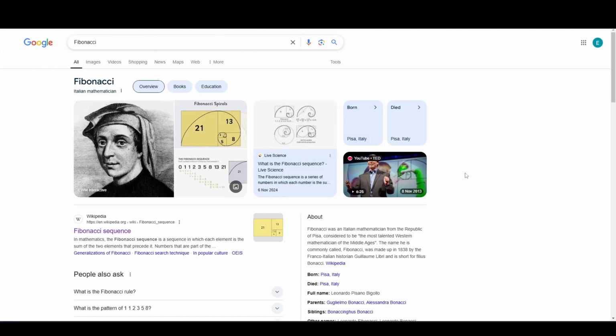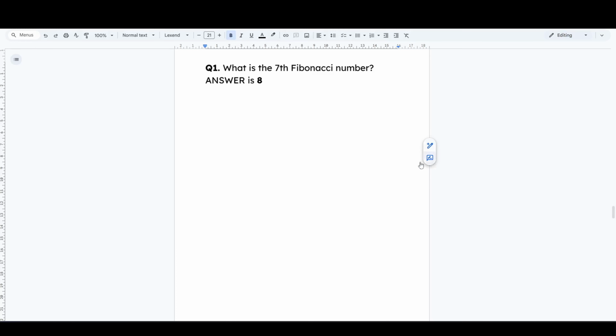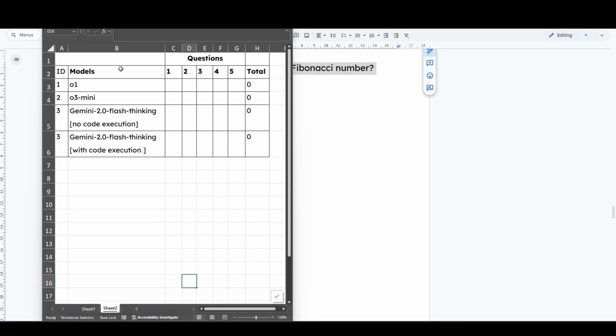So we have here what we call the Fibonacci sequence, which was developed by an Italian mathematician. The Fibonacci sequence is this fascinating series where each number is the sum of the two before it. So for instance, 3 is the sum of these two, and this 8 is the sum of these two numbers here and follows in that sequence. And this pops up everywhere in nature, like the spirals of the galaxy. So we're going to test the reasoning capabilities of these models. We are going to use this Excel sheet to check the scores of the various models.